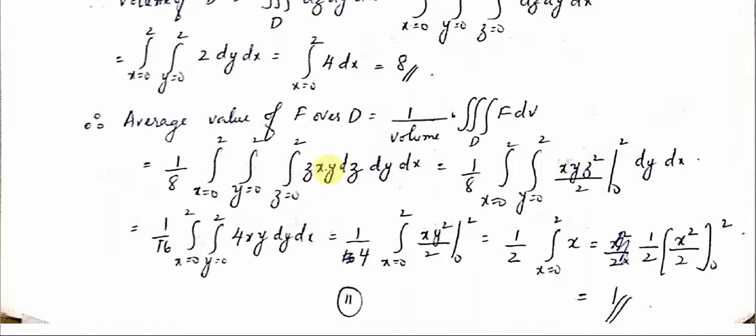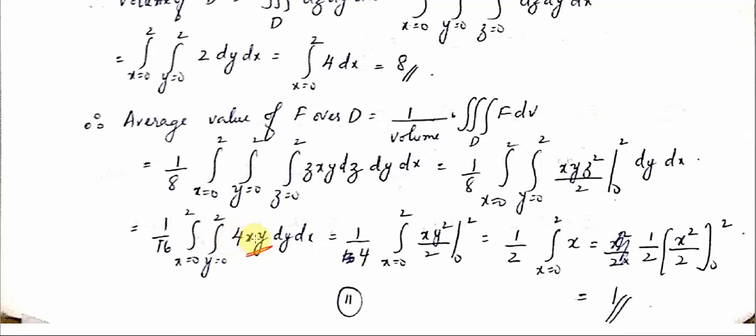First you integrate z. So z is going to be z square by 2, varying from 0 to 2. I have just taken this 2 outside here, so that's why I got this 1 by 16 times x, y into z square, where if I put the lower limit, the value is 0. If I put the upper limit, 2 square, that is 4. So 4xy dy dx. Okay, so I have taken this 4 outside, so you get 1 by 4 times xy remaining.